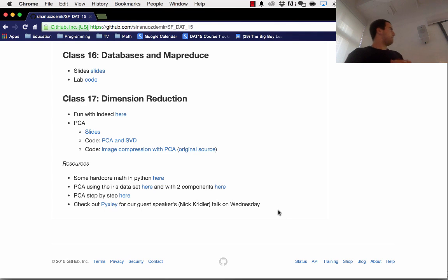Course will be on dimension reduction, class 17. It is the final of the 4 quadrants of machine learning, which you are now all familiar with: supervised, unsupervised, categorical, and continuous. Dimension reduction will fill in that last hole of machine learning that we've yet to talk about. We will talk about the math behind dimension reduction, the code behind dimension reduction, why you should use it, when you should use it, when you should not use it.